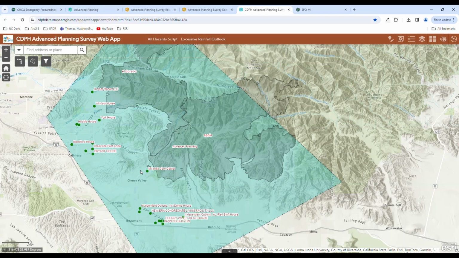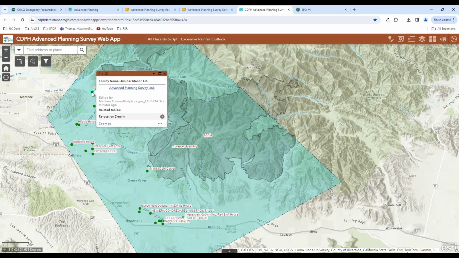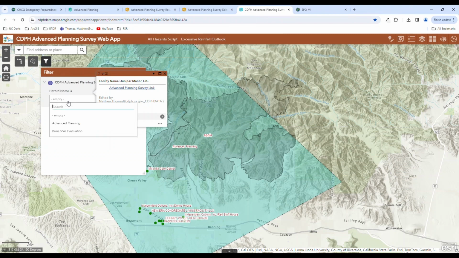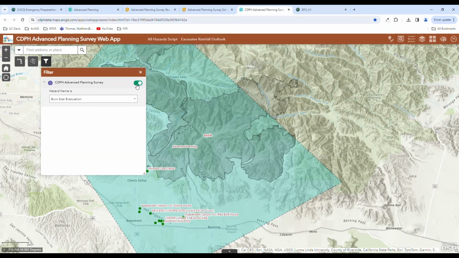We can add in another feature where we could draw a polygon on here that would stay so that from within this original advanced planning area, we can see who specifically we called out, but we don't have that yet built out. But you could click on the facility and see which hazard name it is identified for, or you could filter by hazard name and see which facilities are just for